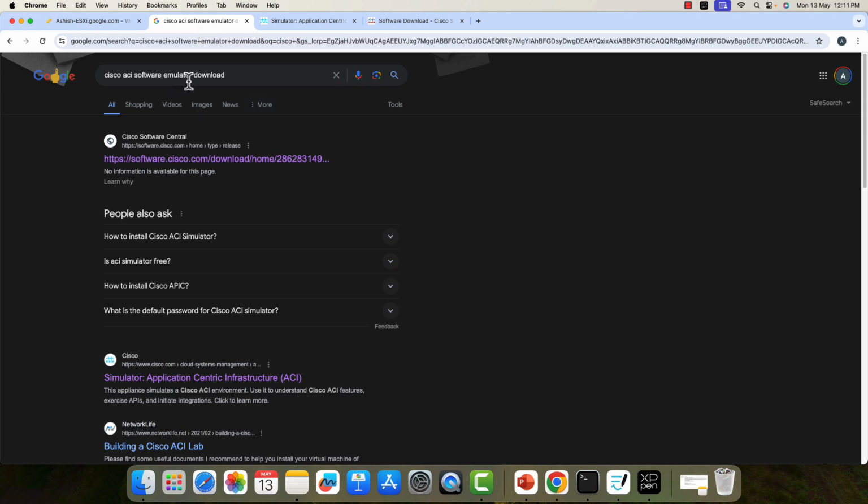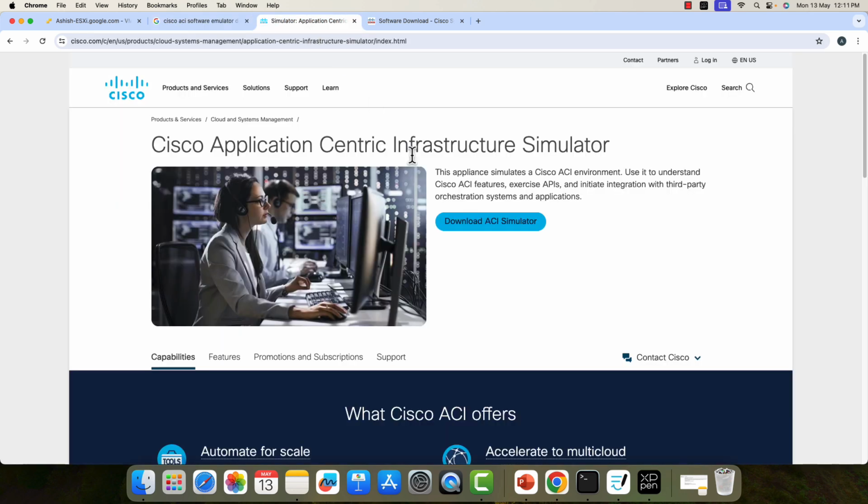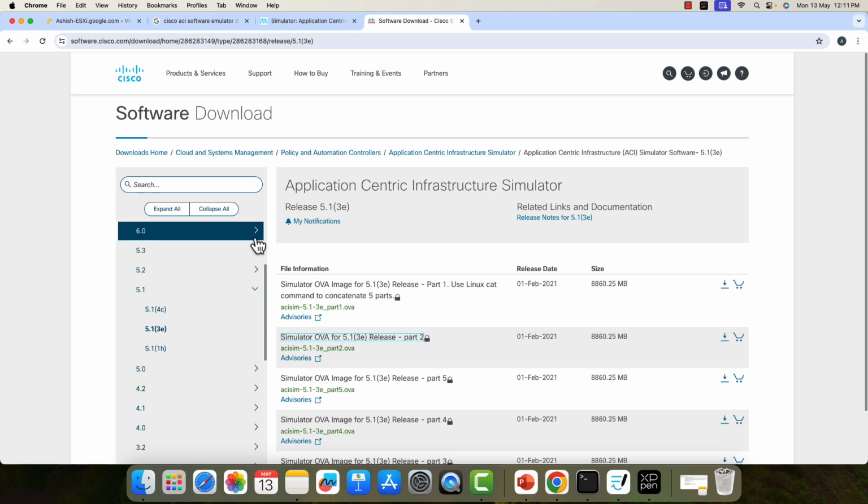You search for Cisco ACI software download, you will get this page, simulator ACI. Click on this one, the page will open up. Click on this download ACI simulator, it will take you here. You need to have proper authorization to be able to download the software of your choice. Login ID is not enough, you should have permission to download this very important software, and it is of 50